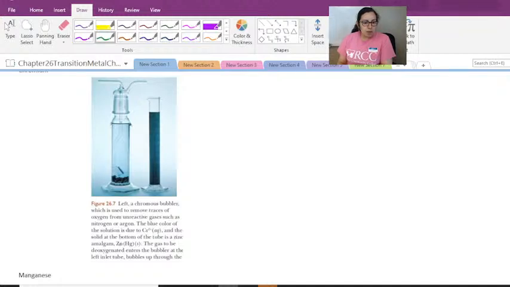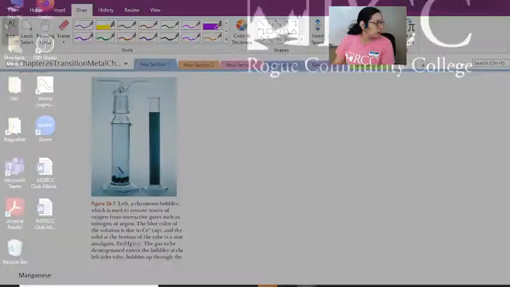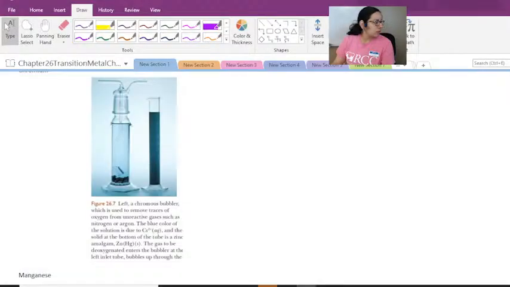And you have zinc amalgam at the bottom, so zinc mercury, and then it bubbles through, and then out comes deoxygenated gas. Chromium also does